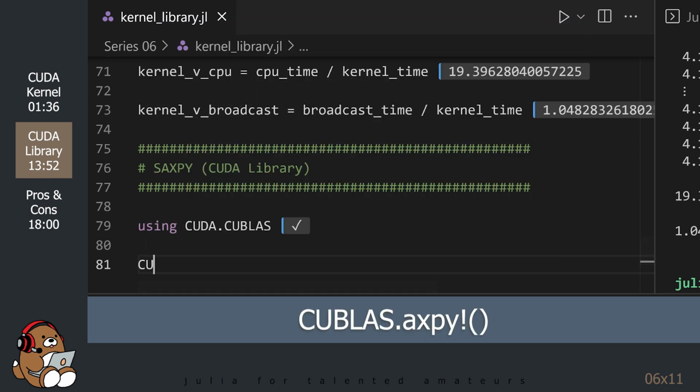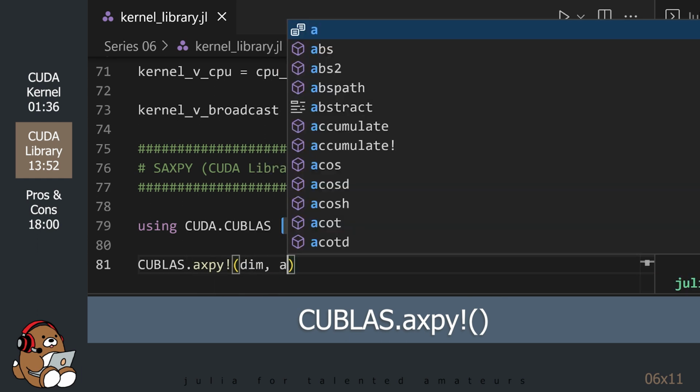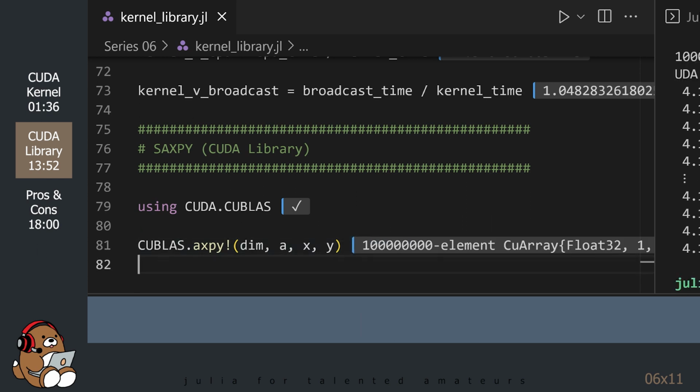The Julia wrapper for the cuBLAS library contains a function called axpy! that performs the SAXPY calculation using the vector length, the constant a, the vector x, and the vector y as function arguments. Rather than using a vector z for the output, this function will overwrite the values in the vector y with the results.